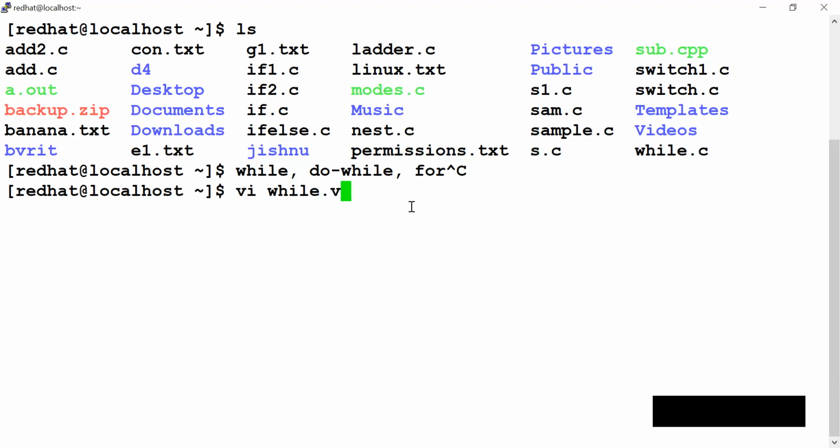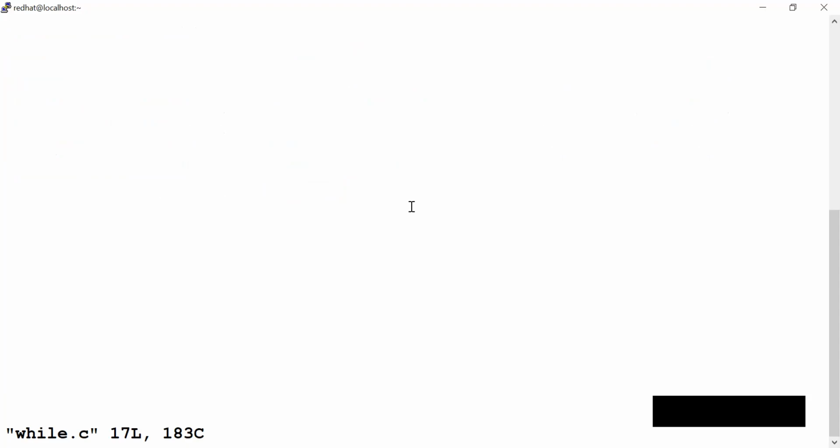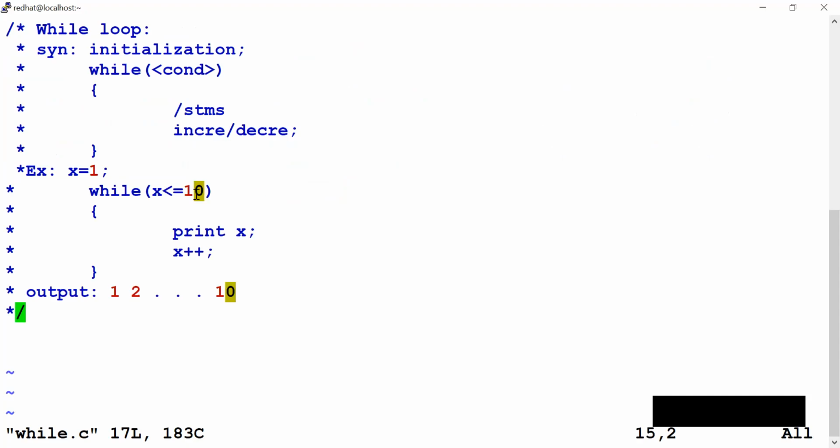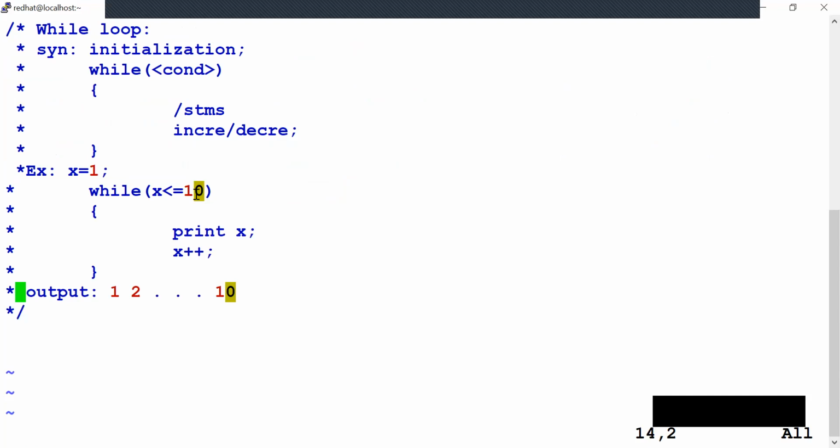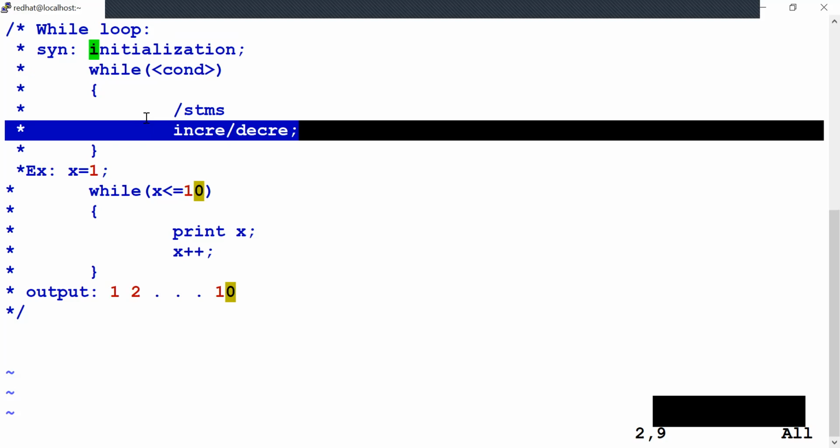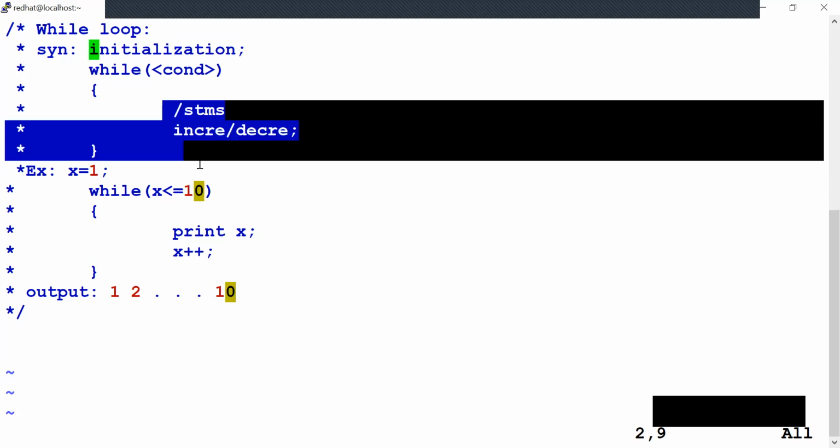While loop. Take a simple file. In this, I have already given the syntax of the while loop. Initially you'll have the initialization. Next, while is the keyword. Here we'll declare the condition or expression within the parenthesis. This is the body of the loop. Here in this body, we can execute many statements,